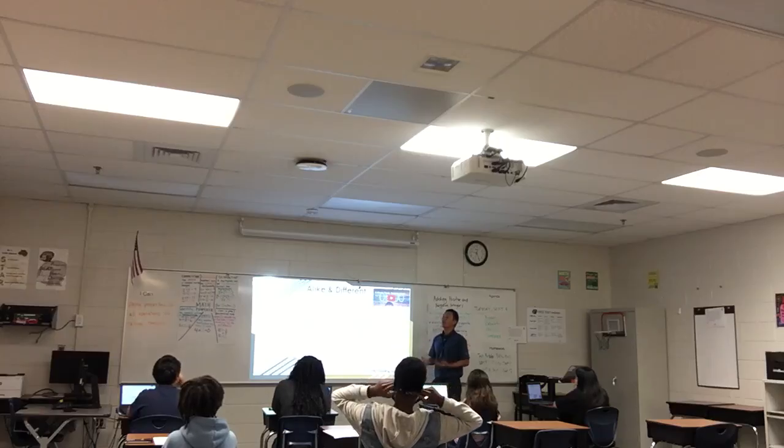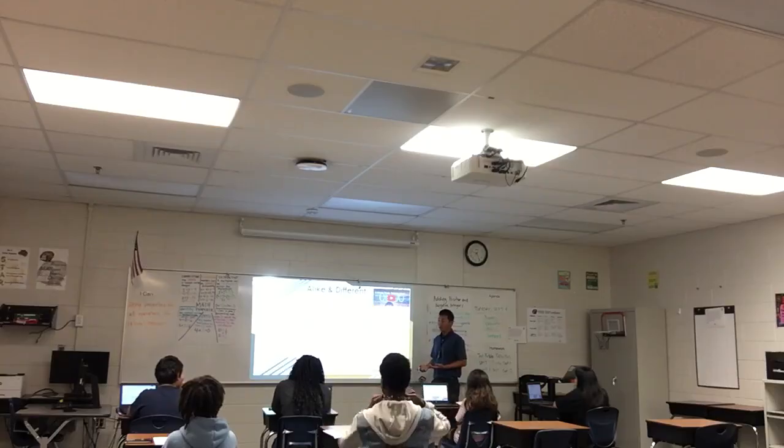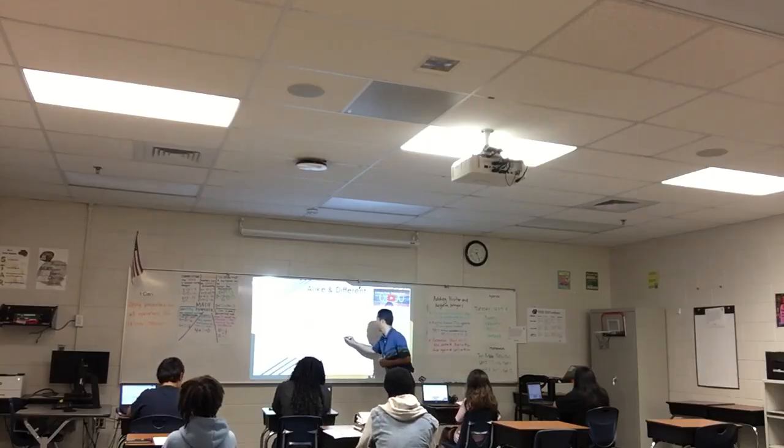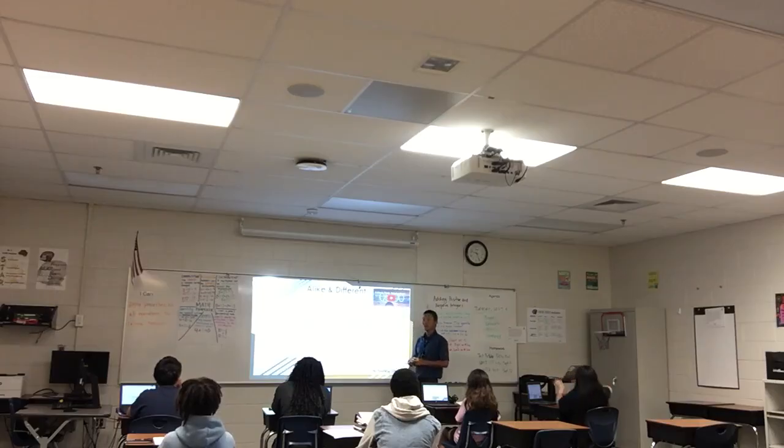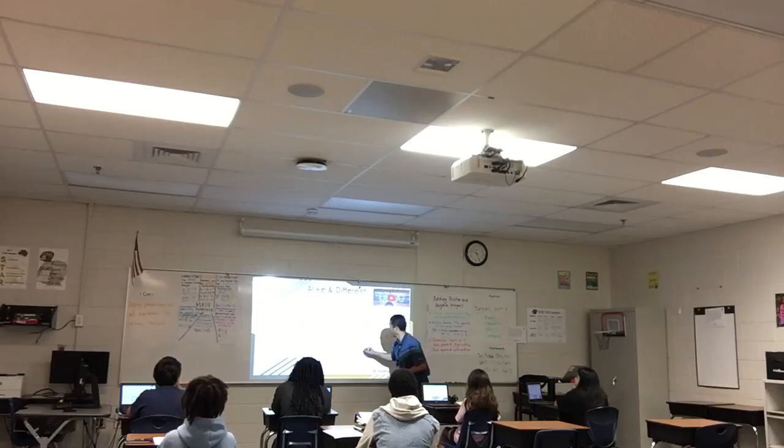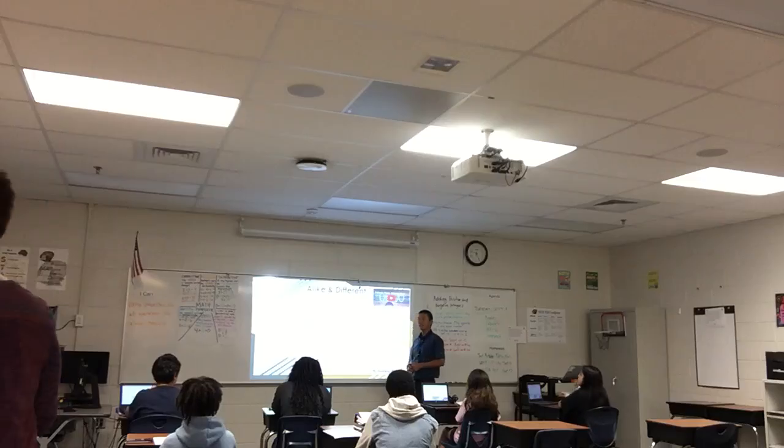Now, if the commutative property works, then it would have to work this way too. 4 divided by 2, 2 divided by 4. What do we have here? 4 divided by 2 is what? How many times does 2 go into 4? 2. Right? So that's the same as saying 4 over 2 equals 2. This is saying what? 2 over 4. What does that simplify to?